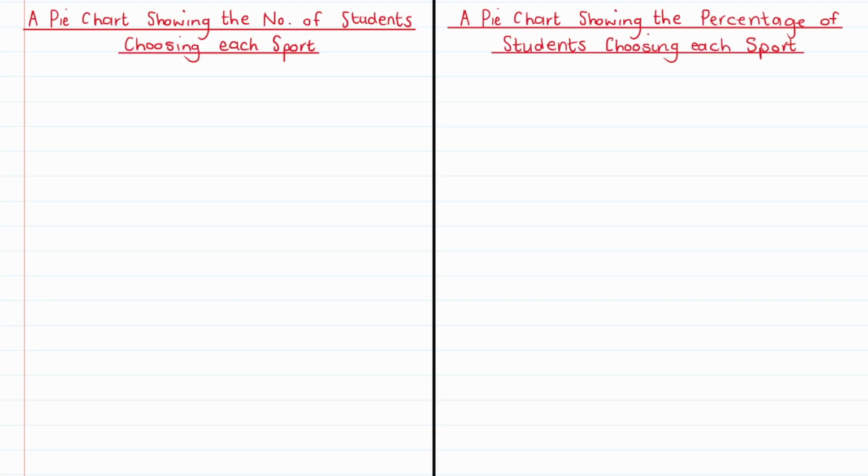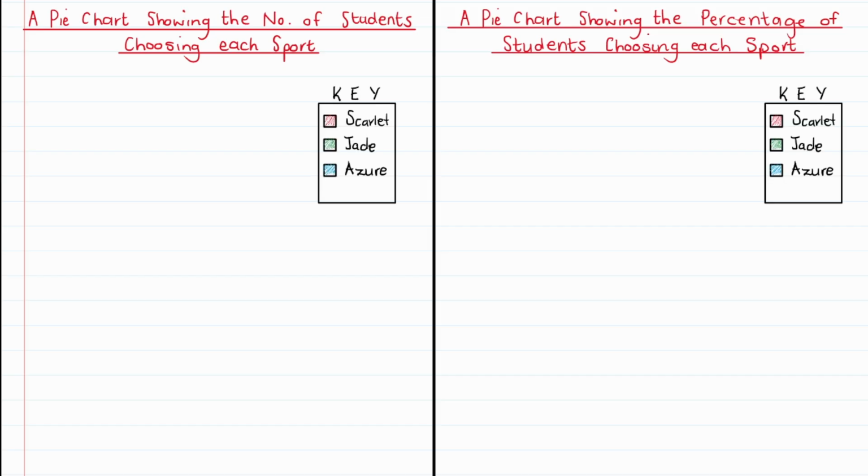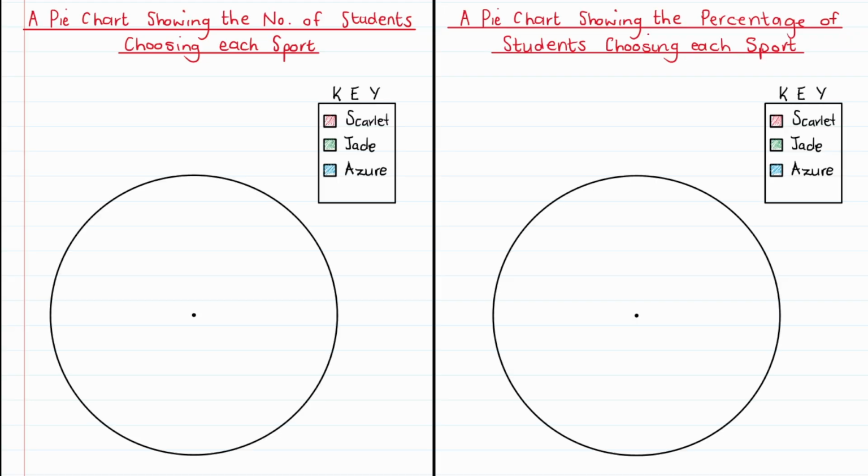For my frequency table, my heading would be a pie chart showing the number of students choosing each sport, but for my percentage table, it would say a pie chart showing the percentage of students choosing each sport. The next thing I'm going to do is draw in my key, and in my key, I will give each house a color. Now I can begin by drawing my pie chart, starting with a compass to draw a circle,